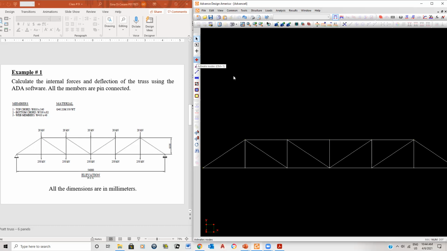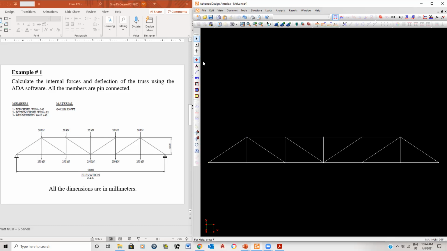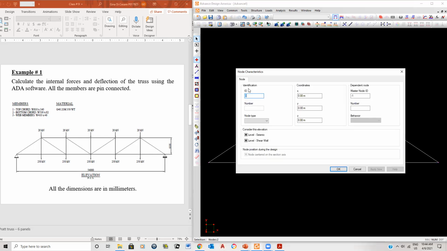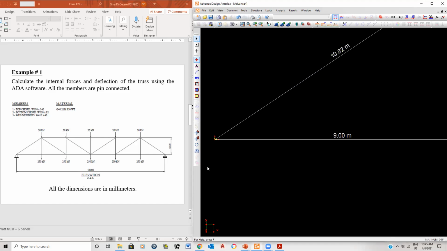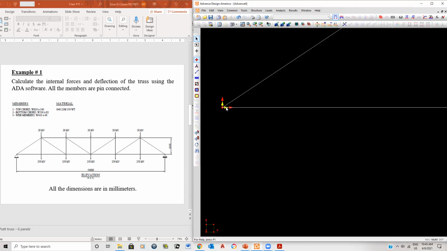So what I'm going to do is activate the node and pick this one, and since I want to change both of them, I'm going to hold the control button and pick the other side. Since I picked two, I'm going to go to properties and change this to a support node. Make sure that it's a support. Now if I zoom in again, it is yellow, yellow, restricted, restricted, and it's red. That means right now it can't move this way, can't move this way, and I cannot move it rotating. So now I'm going to activate the support,